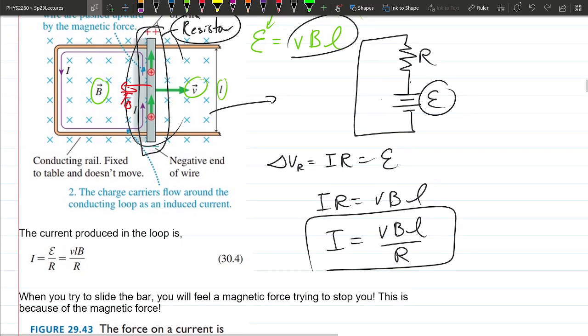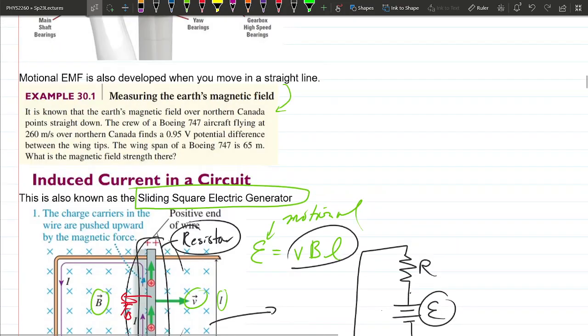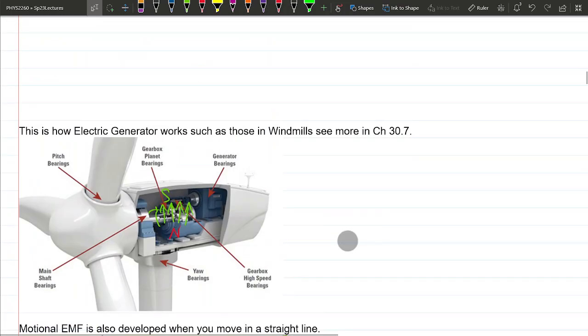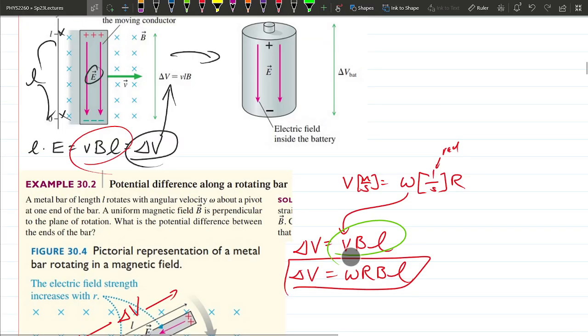Actually, on this thing, remember this thing? This is called a slide bar, where you have a piece of metal, right? And then it's on a rail, and the way we're modeling this is that this little bar has some resistance to it, and when you move it to the right, it develops a potential difference between the two due to the fact that, well, let's just go down here. Let's just go back up here. Due to the fact that,